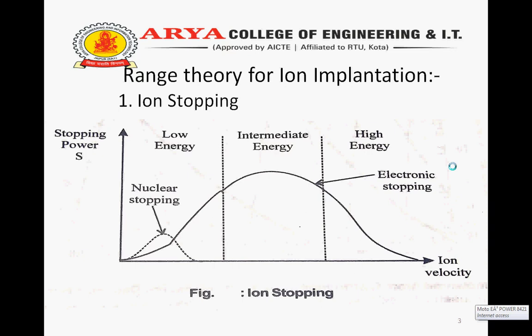The nuclear stopping power is caused by collision of two atoms, and the potential between them is V(r) equal to q squared Z1 Z2 upon 4 pi epsilon 0 r. Z1 equal to atomic charge number of the ion, Z2 equal to atomic charge number of the target atom, q equal to charge magnitude of a single electron, r equal to distance from the nucleus.